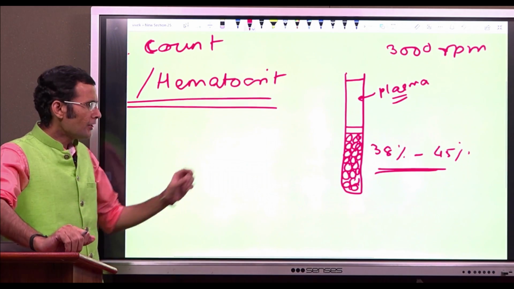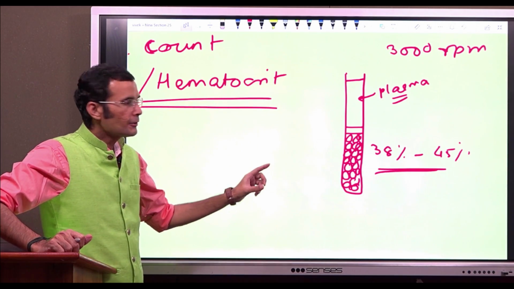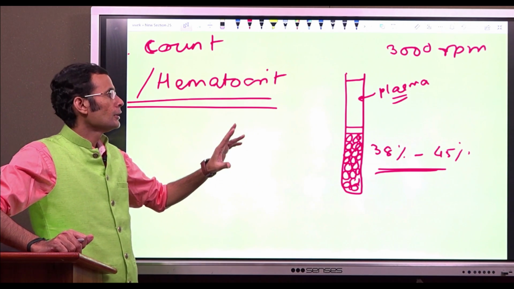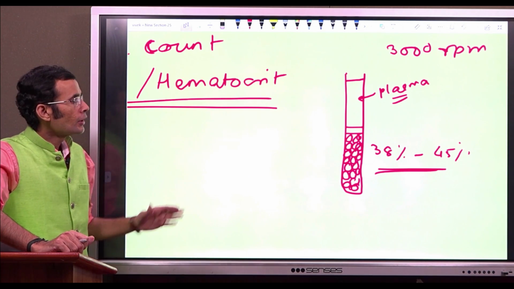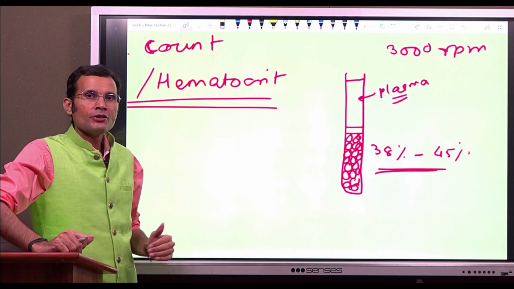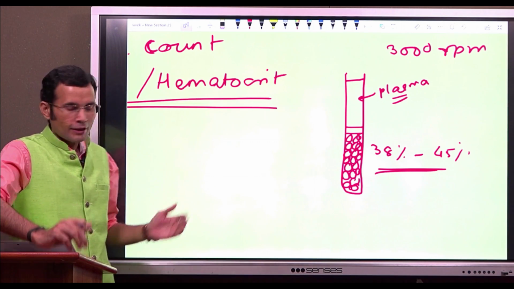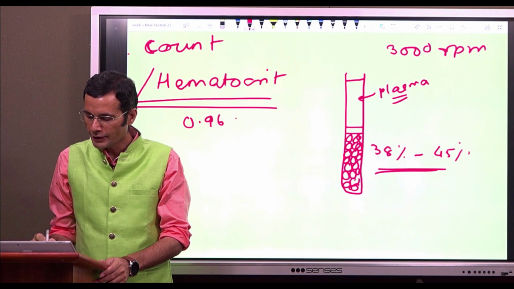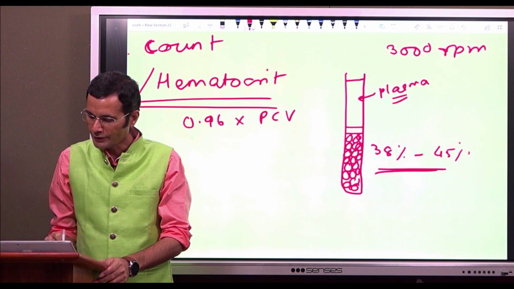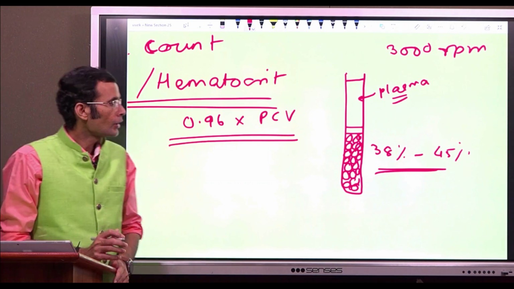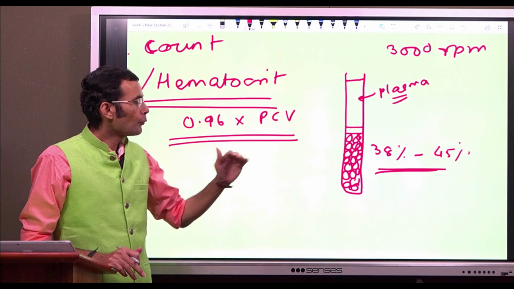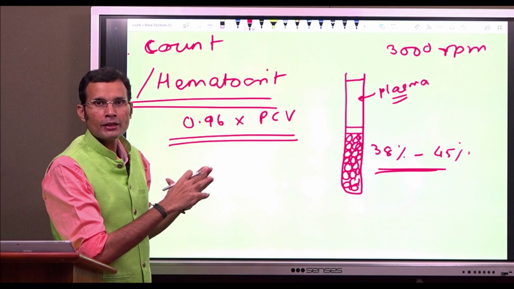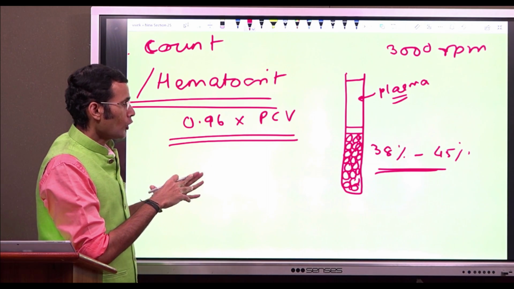Now, I may just add here that after this procedure is done, whatever value you get for the packed cell volume, we generally take 96% of that value. So, true hematocrit will be 0.96 times the packed cell volume that we get. Why is it that we are not taking the entire reading that we get? It is because